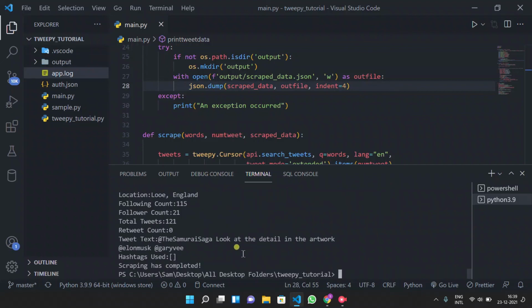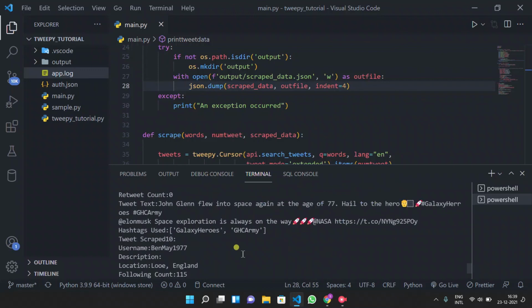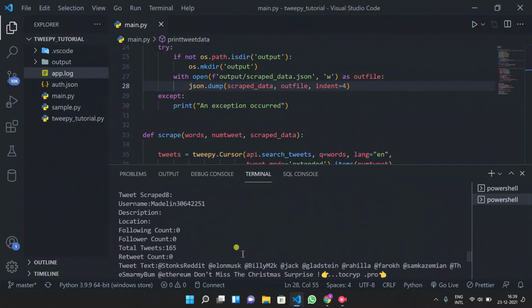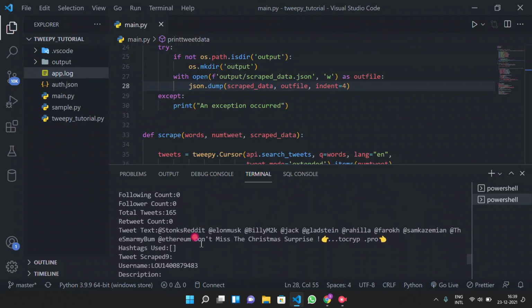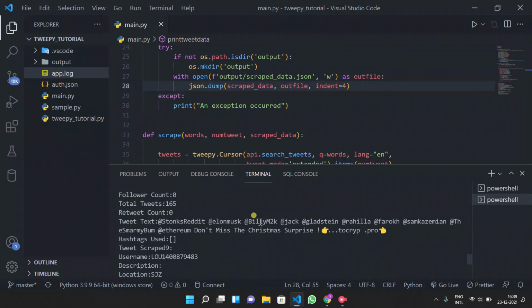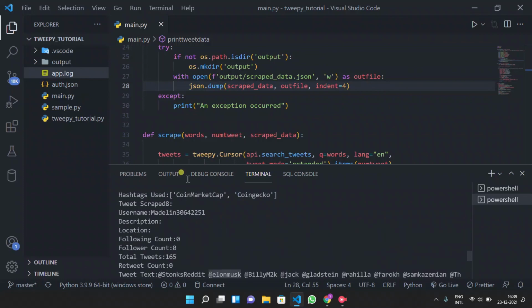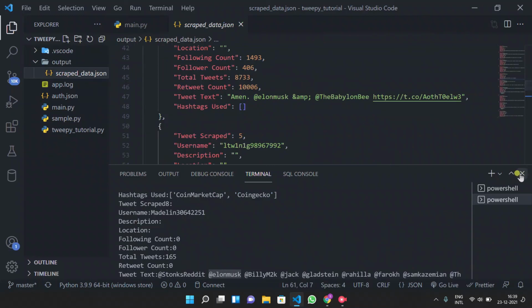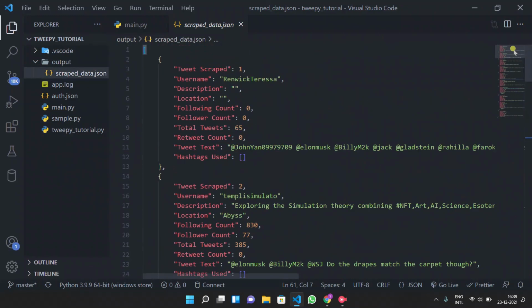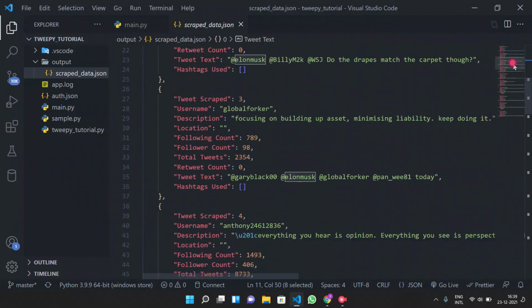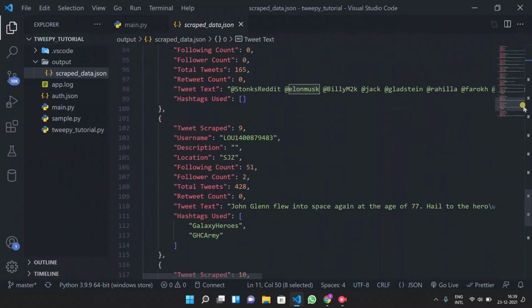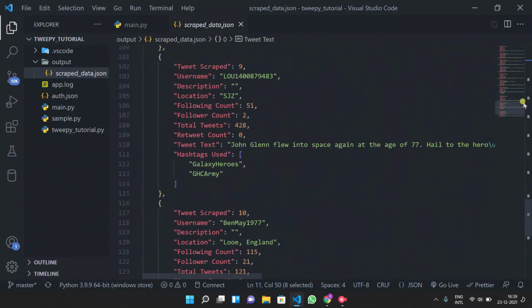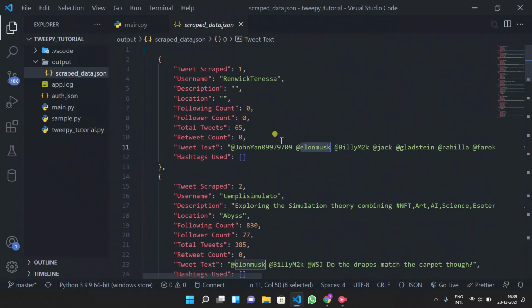Then the number of tweets, suppose I'm scraping 10. Yes, so we have got all these tweets which contain the word Elon Musk in them. Look here, Elon Musk. Let's check here. Yes, we have got all these tweets, the count of tweets.